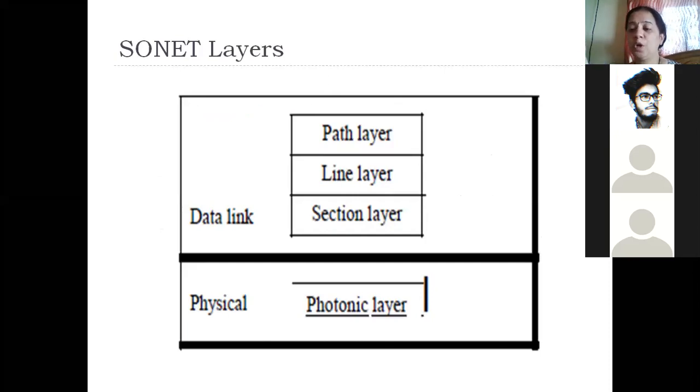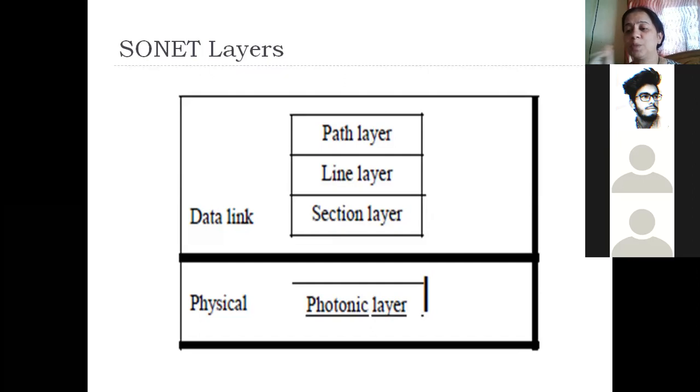In the OSI reference model, we have the data link layer. Instead of that, here we have the section layer. It has the same functions as the data link layer: framing, error detection, error correction, and flow control. When data moves from one device to another, a fast sender can overrun a slow receiver. So the flow of data is controlled between the sender and the receiver, that is, between two adjacent machines.